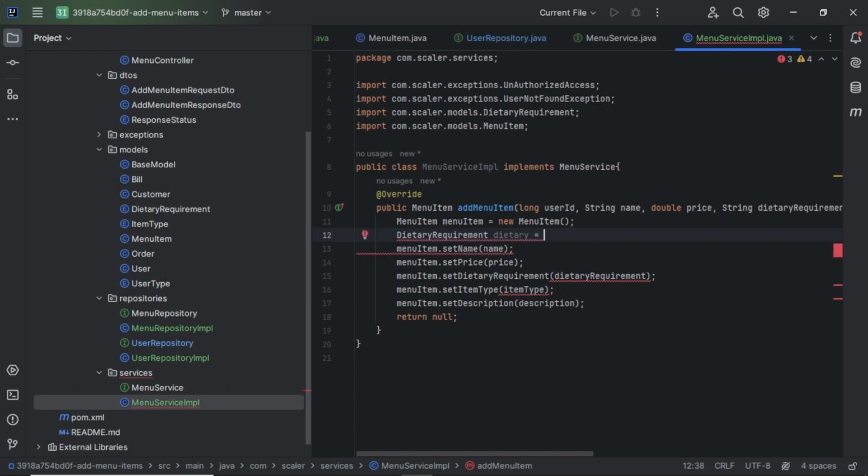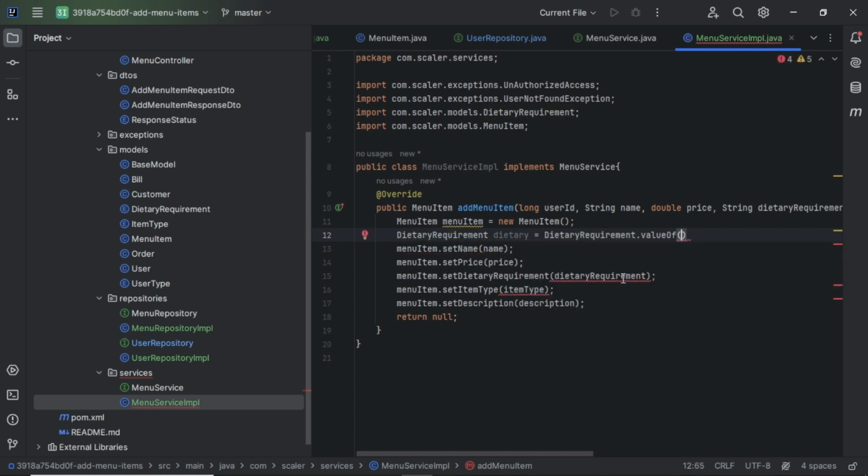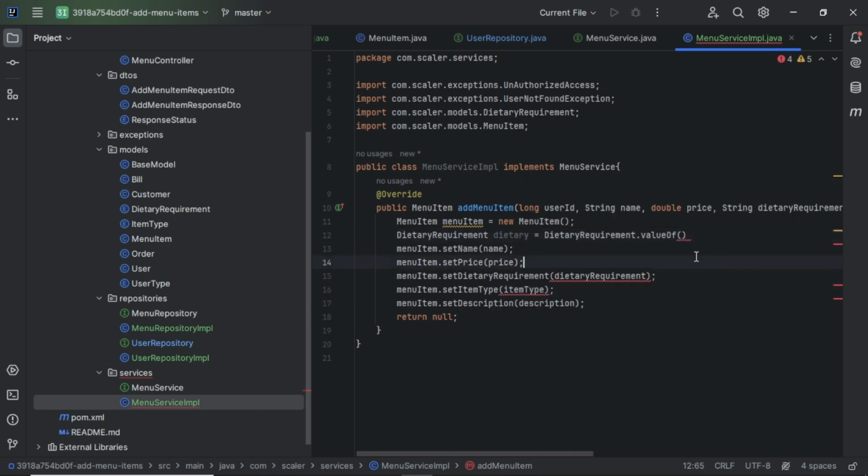In the dietary requirement, just take this dietary requirement dot valueOf. If we hover over it, it suggests that the valueOf method is required to convert it. So dietary requirement valueOf, and here we will pass this dietary requirement, this one. Okay, like this, and we will pass this to this. So now the error is gone.